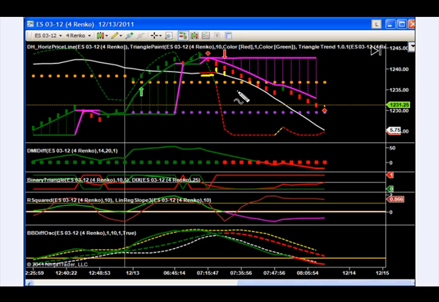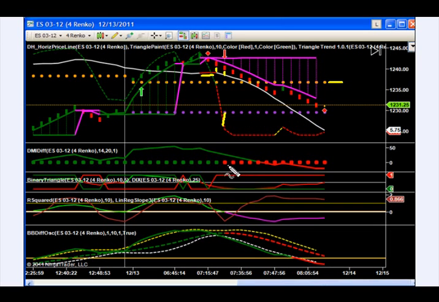And two things decided me on taking the trade. Number one, I thought I'll pick up a couple points if it just goes to where today's open is and bounces off that, so I could get out of the trade there. So there was a little bit of space there where I could pick up a point or two of profit. Also, the swing cycle VB by this time had turned red and was way down here, so that was a good indication to me that it was going to be a